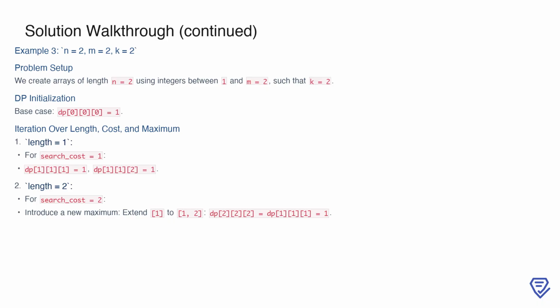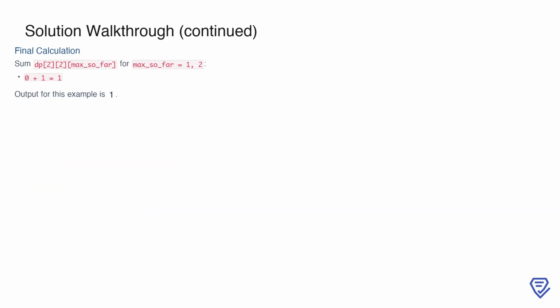Since no other configurations meet the criteria for search_cost equals 2, we proceed to the final calculation. To determine the total number of valid arrays for this example, we sum all dp[2][2][max_so_far] values for max_so_far equals 1, 2. Here, dp[2][2][1] is 0, and dp[2][2][2] is 1. Therefore, the total is 0 plus 1 equals 1. This means the output for this example is 1. With this, the solution walkthrough for the problem is complete, and we've demonstrated how dynamic programming can be used to